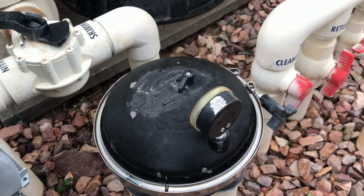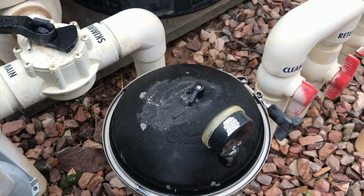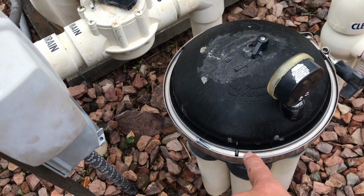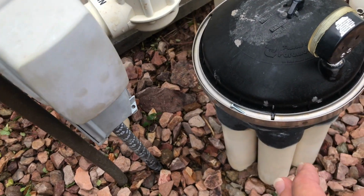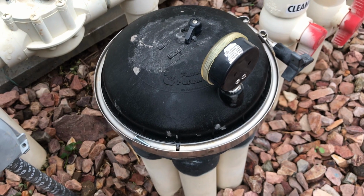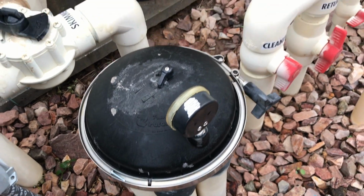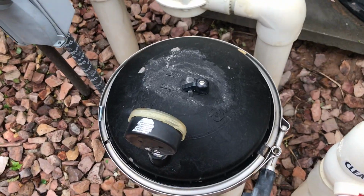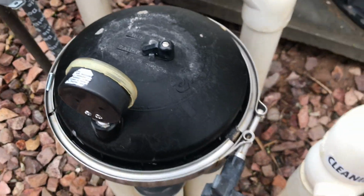You're going to first take that lid. Okay, remember your guts are out, so nothing has to fit into anything anymore. So you want to make sure that O-ring is seated in its proper place and lubricated, and that the rim that it sits on and fits into is clean and free of dirt and debris. Then you just set your lid back on. Okay, remember which way it was taken off, so which way it was facing,